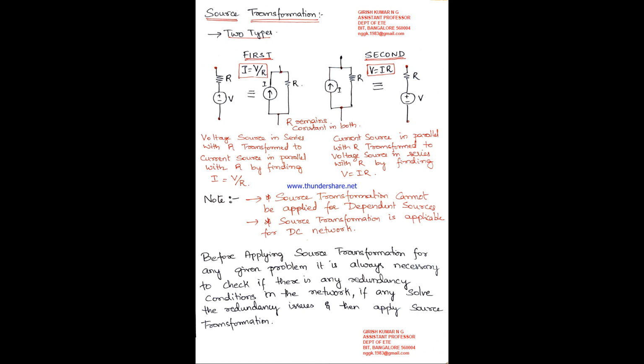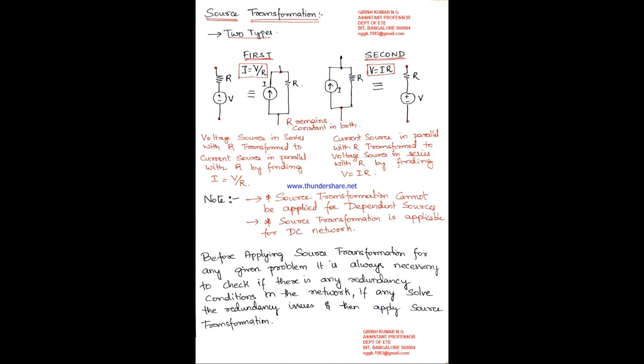My students who listen to my videos, I always train them in all aspects. So see that the redundancy conditions need to be checked in any network. Now, what is redundancy? I hope I have already explained this redundancy condition in my first video. What is redundancy? A current source connected in series with a resistance, and a voltage source connected in parallel with a resistance. When you see a current source connected in series with the resistance, what do we do?